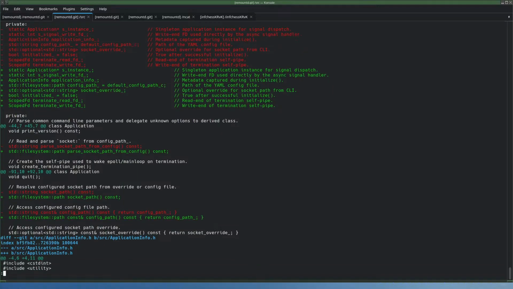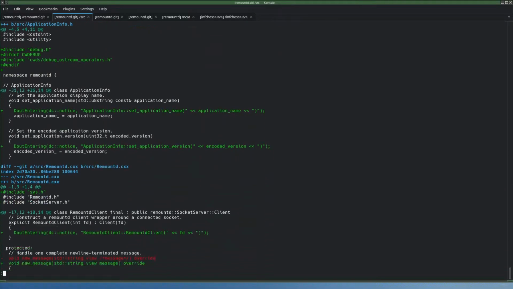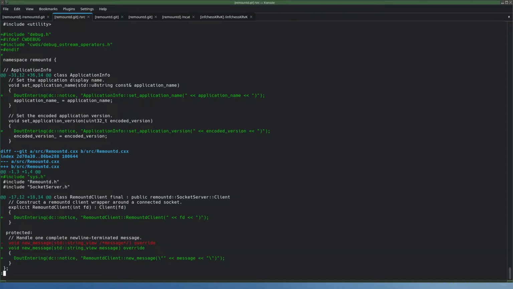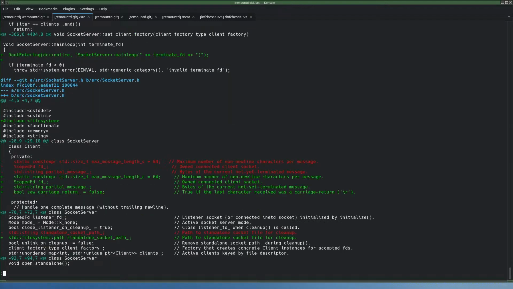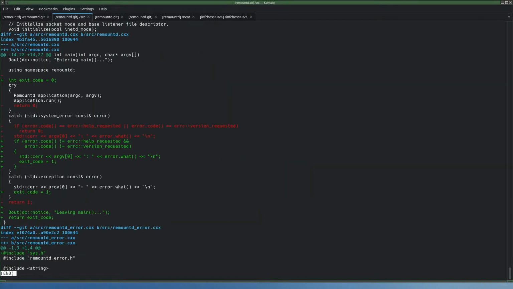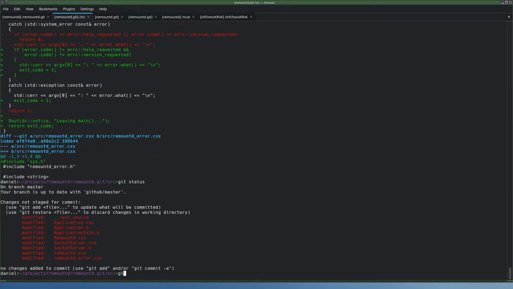Oh no, I did too much. 3 things. Git commit. What? Did we have new files? No, we did not. Git commit. Yeah, debug output. It covers most things.